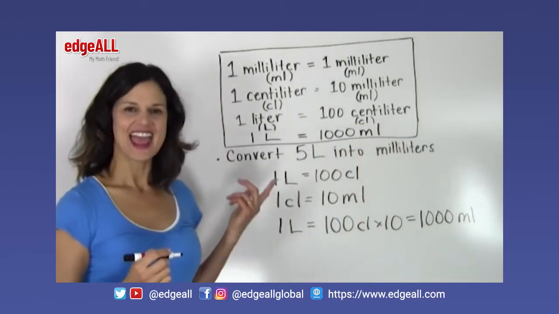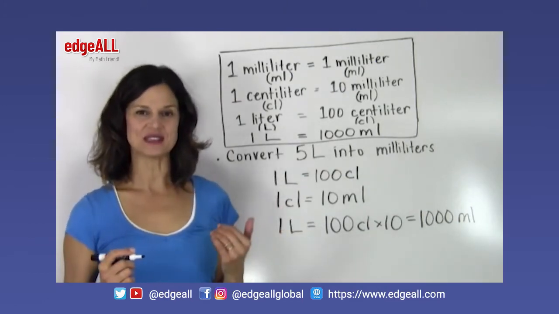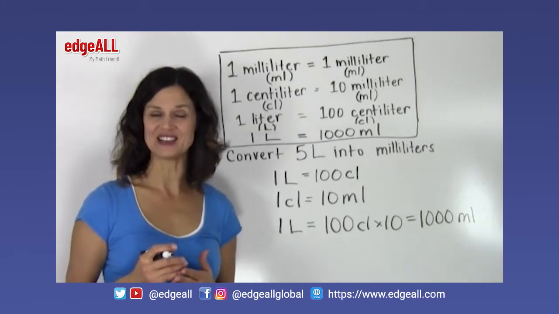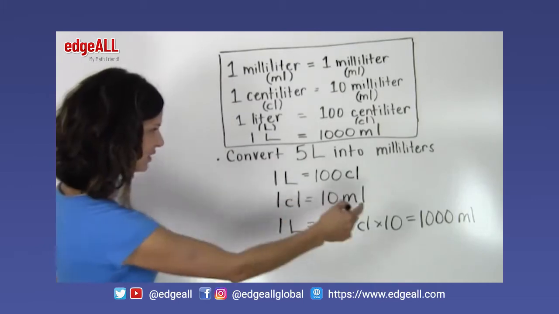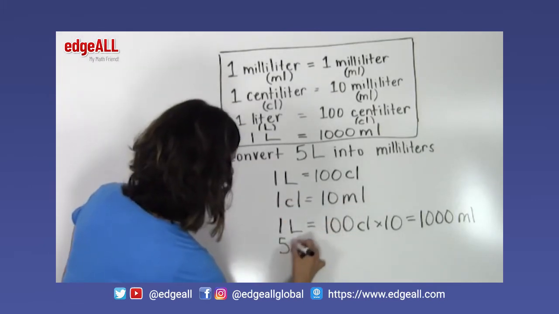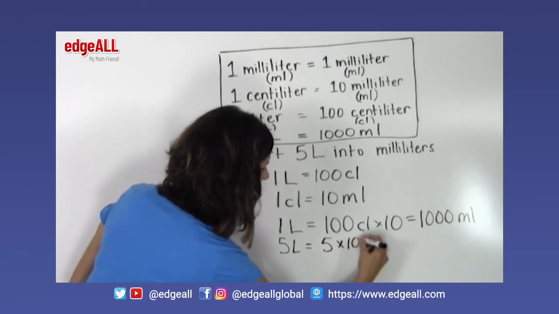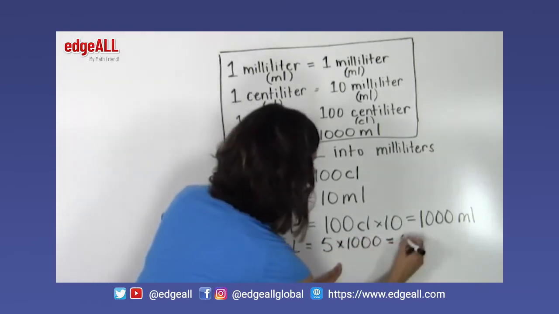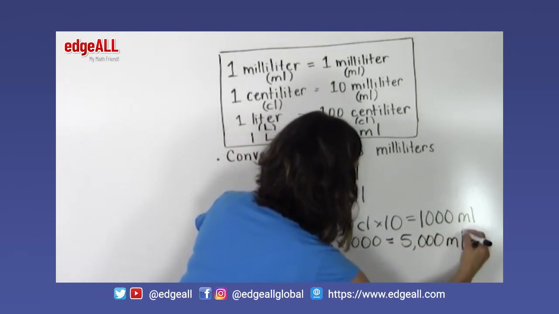milliliters. And so now that we know that 1 liter equals 1,000 milliliters, and we want to find out how many milliliters there are in 5 liters, we simply need to multiply. For 5 liters, we simply need to multiply 1,000 times 5, and we'll get 5,000 milliliters